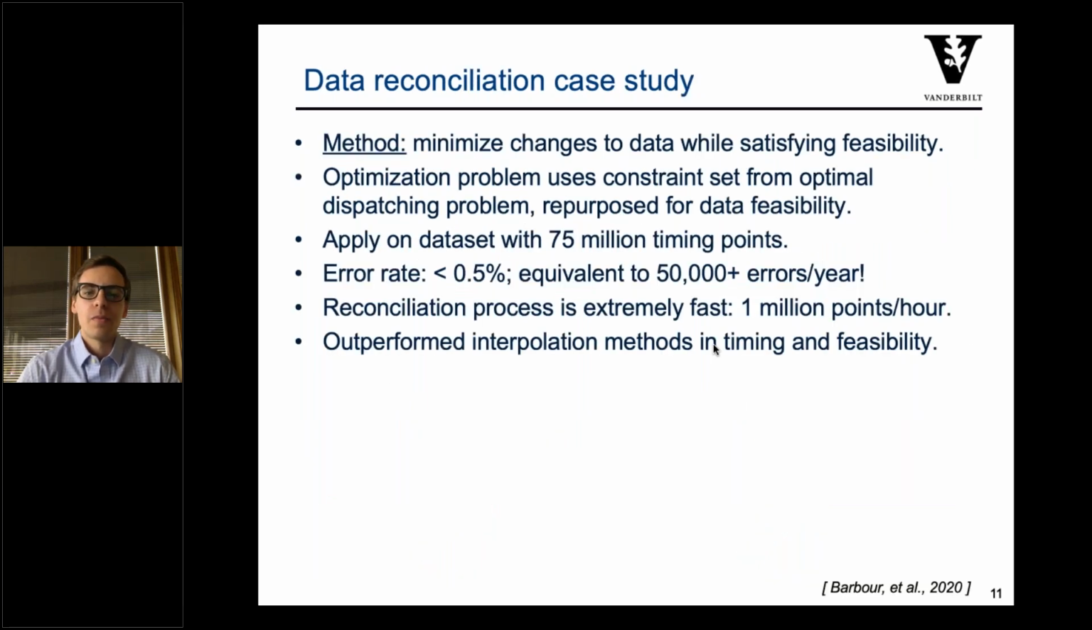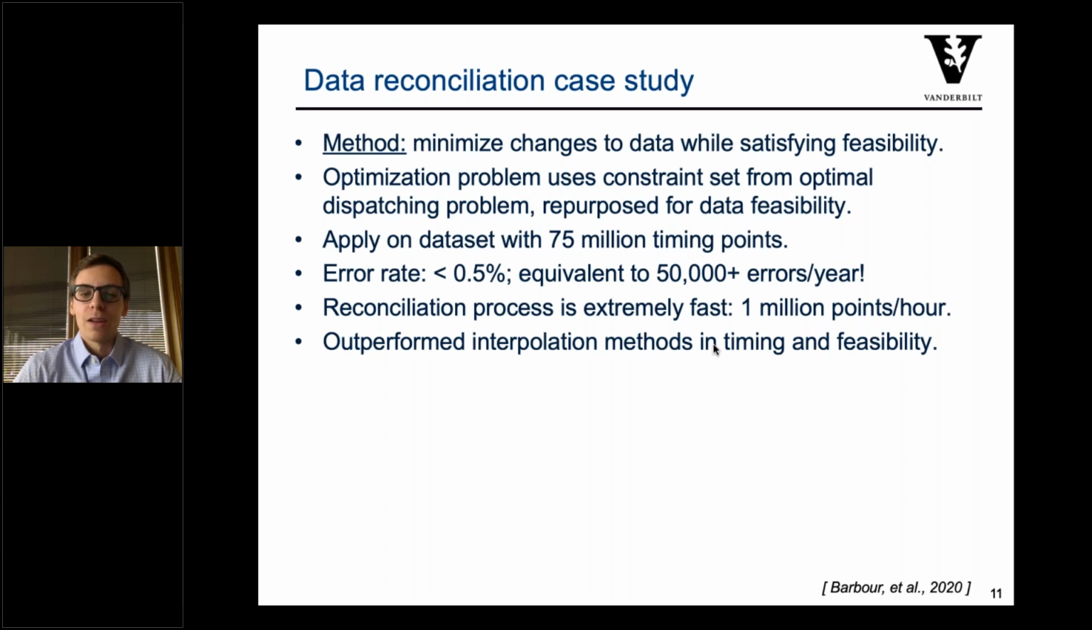I'll wrap up this discussion of data reconciliation by saying that this method performs much better than alternative methods that we might use, such as interpolation of these points or ad hoc rules to correct them based on just methodically going through them logically. And we applied this on a data set of 75 million timing points. We found a very low error rate, but